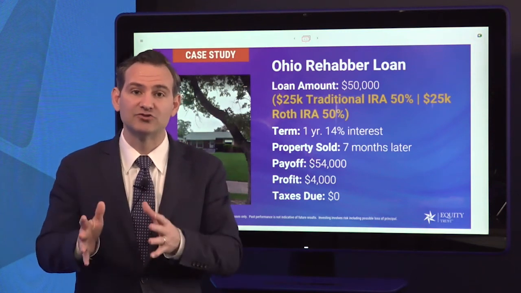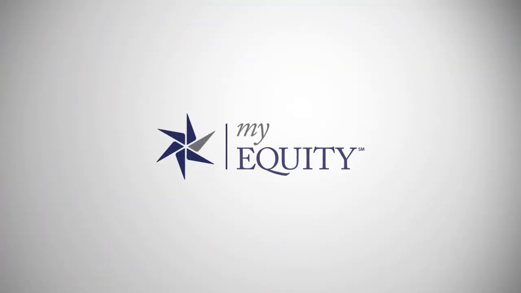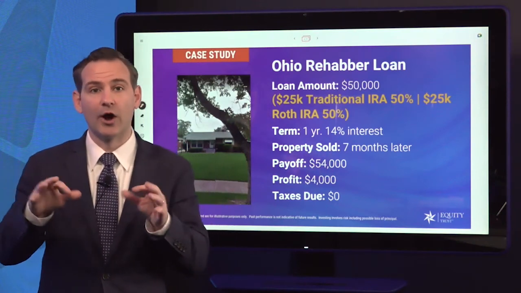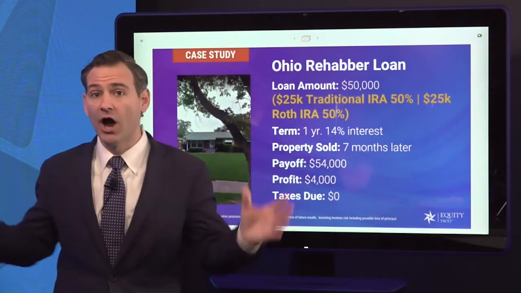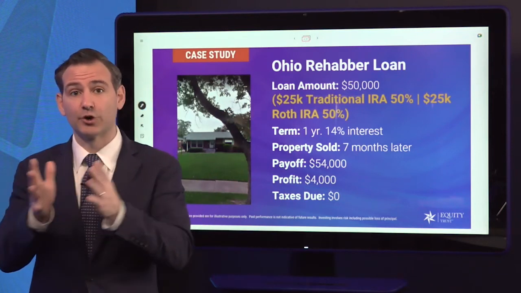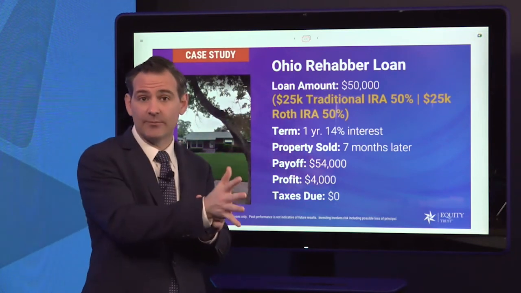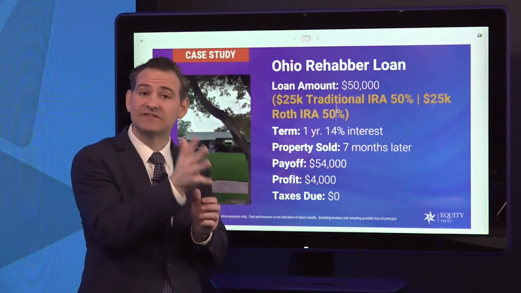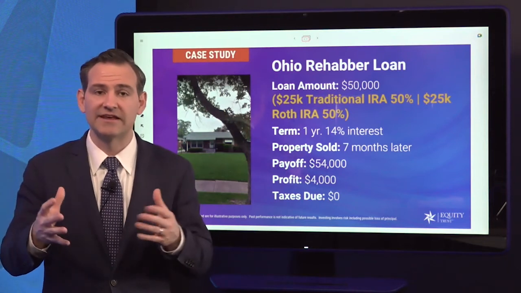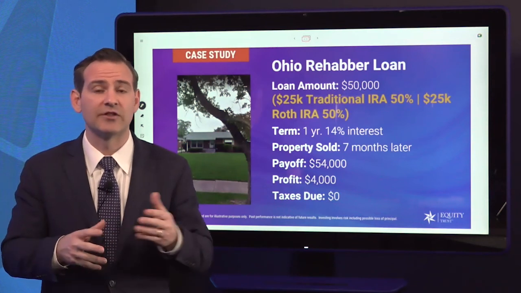So our clients here at Equity Trust, Guy and our investor in Ohio, leverage our Equity Trust myEQUITY digital processing portal. This allows these investors to simply key in all the borrower's information online, upload all the loan documentation to Equity Trust, and then Equity Trust, per the client's direction and authorization, sends the funds directly to the title company or whatever bank account is designated to fund that particular loan transaction. This allows our investors to stay organized and efficiently and very quickly process all of their loan purchases as well as private lending